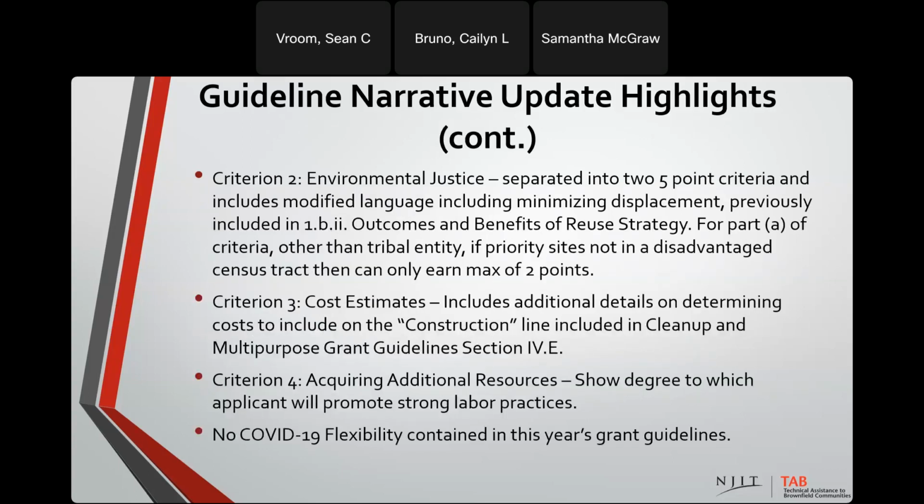Also under criterion 2, environmental justice, they separated it into two 5-point criteria, and it includes modified language that includes minimizing displacement, previously included in section 1B 2, outcomes and benefits of reuse strategy. For part A of the criteria, other than a tribal entity, if a priority site is not, again, this is what I mentioned earlier, is not in a disadvantaged census tract, then you can only earn that maximum of 2